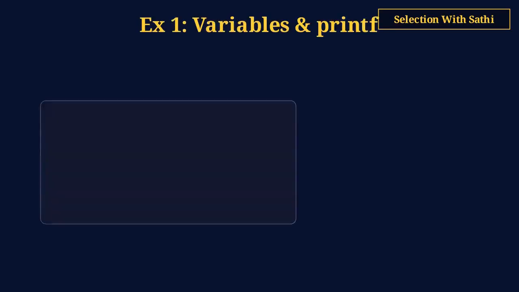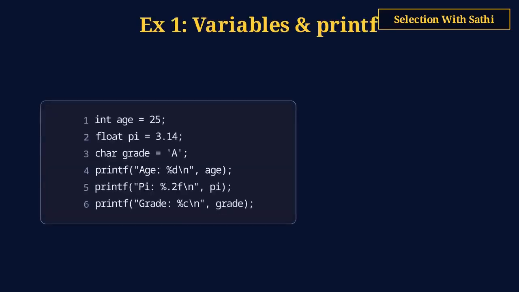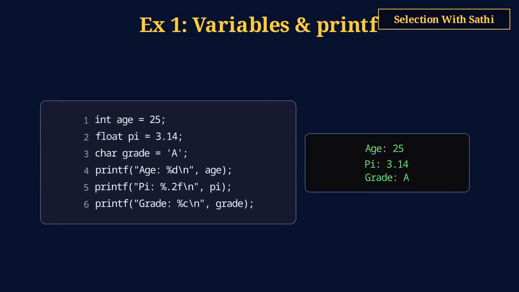First example, variable declaration and printf. Let's declare 3 variables: int age equals 25, float pi equals 3.14, char grade equals capital A in single quotes. To print the integer, we write printf("age: %d \n", age). This outputs age: 25. For the float, printf("pi: %.2f \n", pi). This outputs pi: